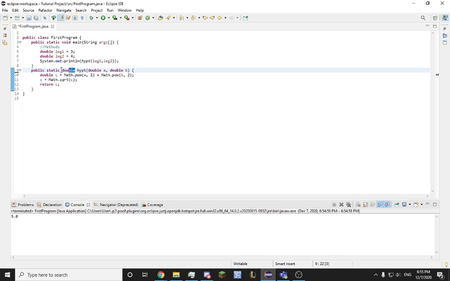A bit of an example though. So static. Remember how I said public's alternative is private, right? So you can be public or private. Static, you just delete it if you don't want it. But then you'll get an error because you have a static method referencing a non-static one, so you need to keep static there. Double,